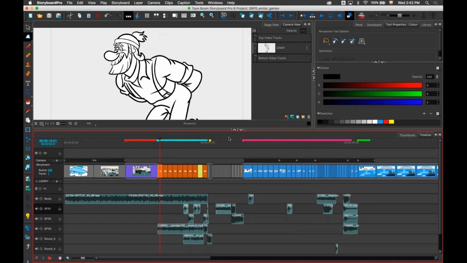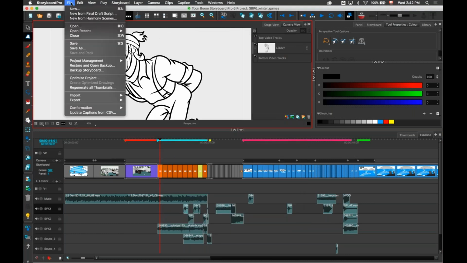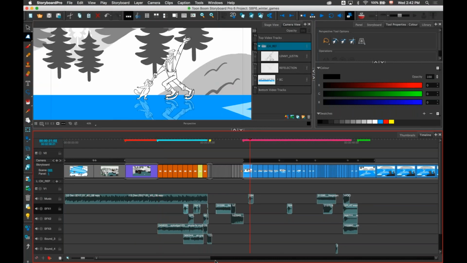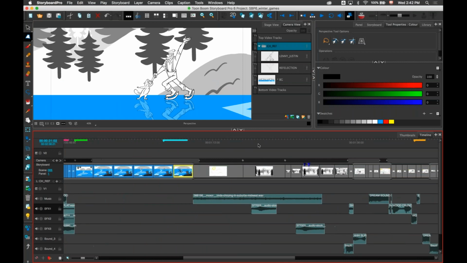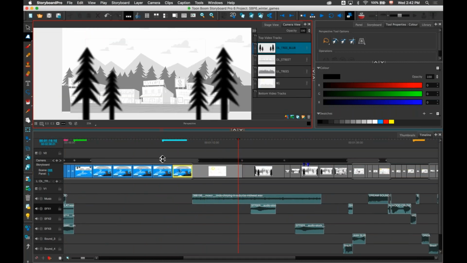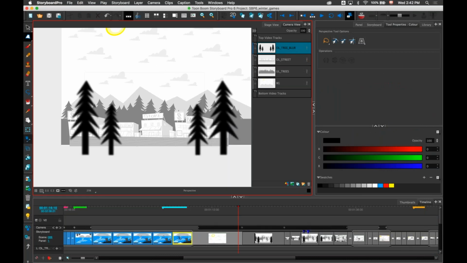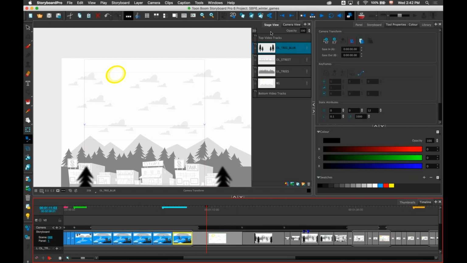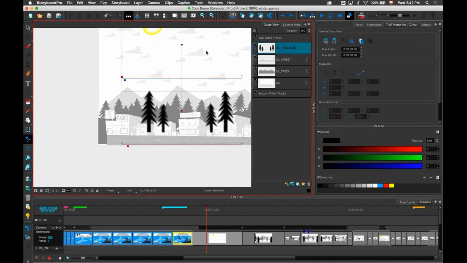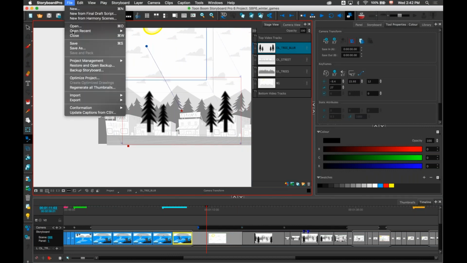Other small tweak that we've done inside the PDF. So when you're exporting a PDF, let's say I need to find a scene that has a camera movement. So right here, we got a little bit of camera motion right there. And when you export this to a PDF, I'm going to go to my stage view. There we go. And this is a 2D scene. There we go. And I have small camera motion. And I want to render this to a PDF.